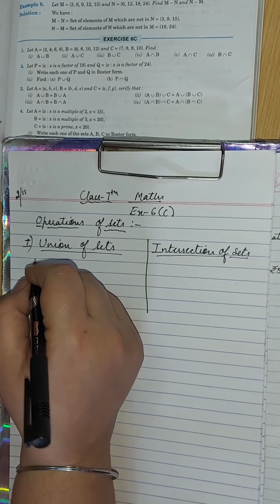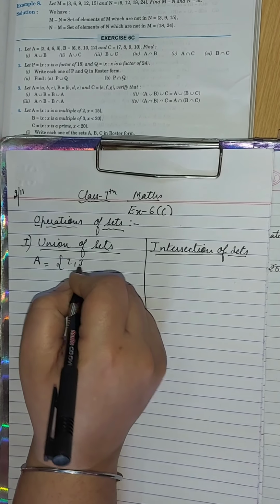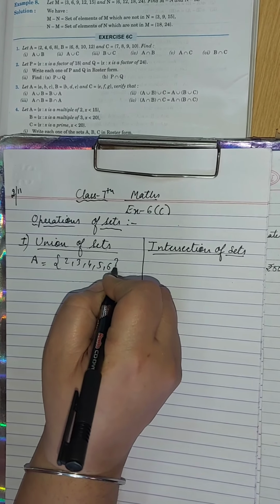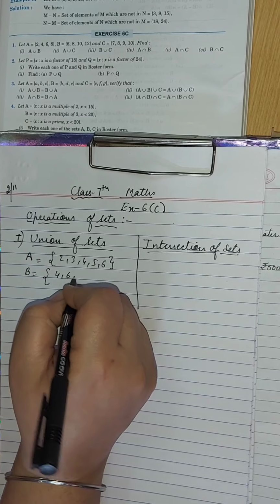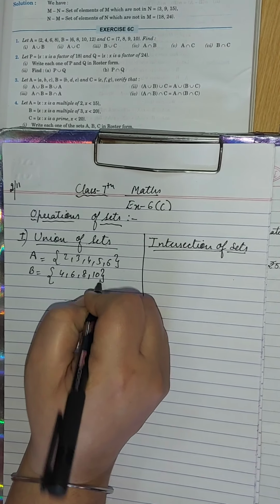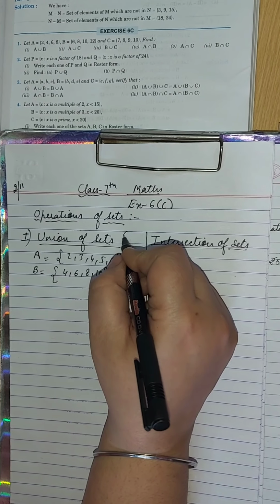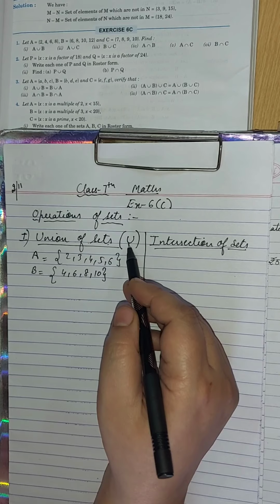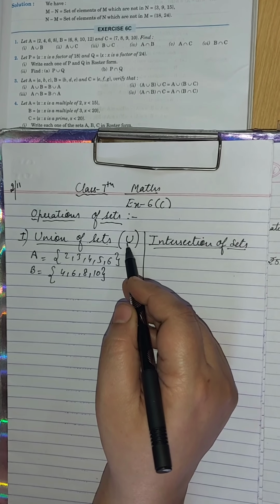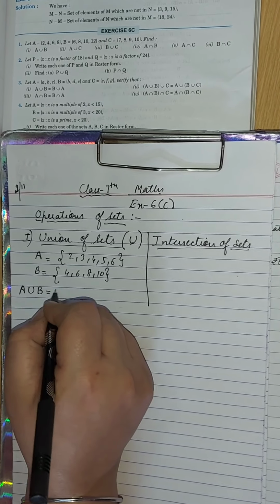When two sets are given, like I have given you set A as 2, 3, 4, 5, 6, and the other set B is 4, 6, 8, 10, we have to find the union of the sets. Firstly, the notation for union of set is U. आप कौन सा सिंबल लगाते हो? U. Notations क्या होगी union of set की? U. So if we have to find A union B, how you will have to find it?